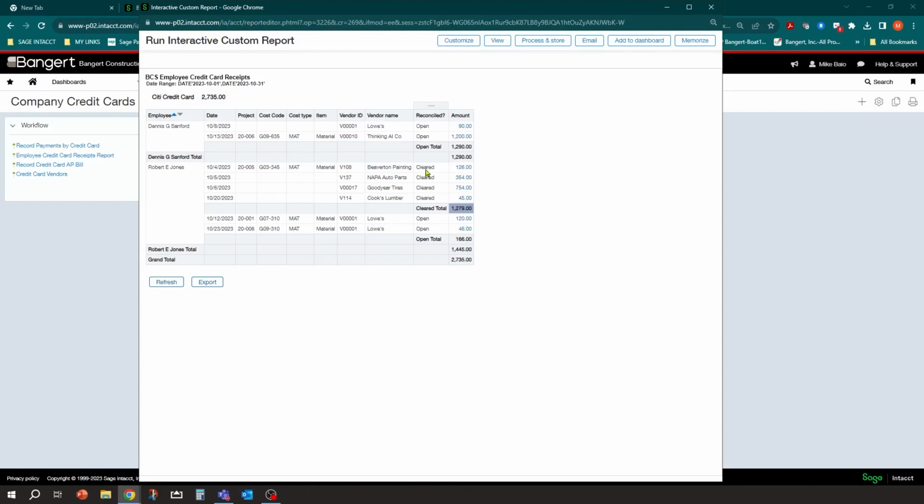Okay. And so you can see them here, subtotaled by cleared and open. And then I can continue on and say, oh, this one right here, that's cleared too. You can do that a couple different ways. In this case, you can do it right from the report. You can click on that transaction and it'll bring you back into the entry screen that we were in before. One of the things I don't have working on this report yet is that when I click on this, it takes me there, but it doesn't open a separate window. It loses that report. I know we can make it open a separate window so you can still get back to the report, but I haven't put that functionality into the report yet. So that's one way to do it.